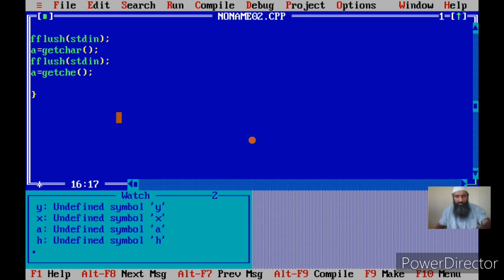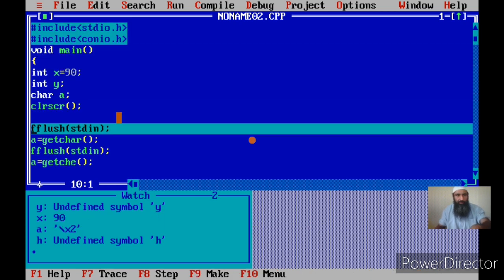Once again, because it is very important, F7. Now flush. Once again you see getchar is waiting for the character that I should press on the keyboard. Another important thing is that once you do it practically, you will press a key on the keyboard and that character will be displayed on the user screen.